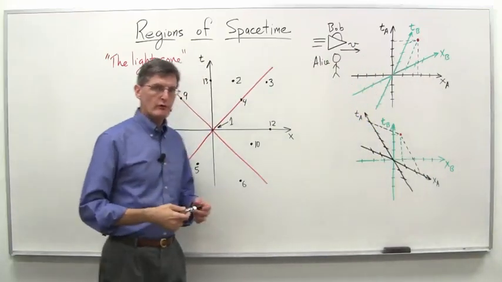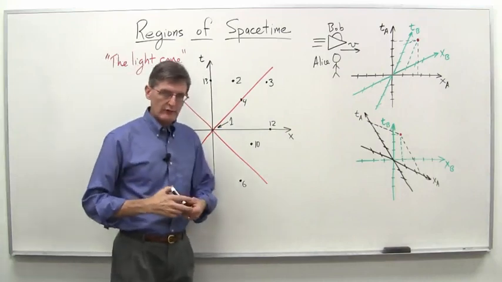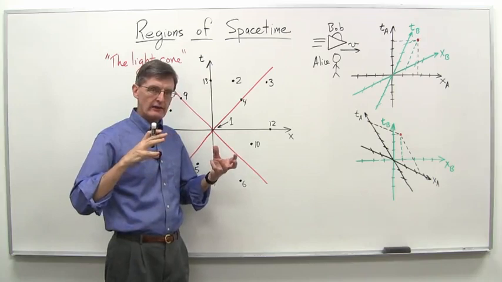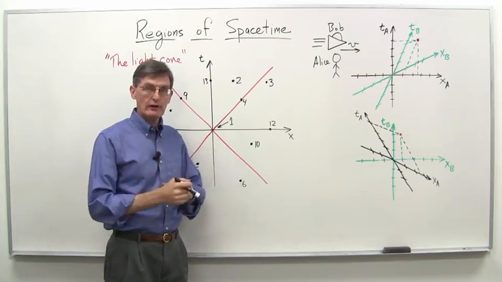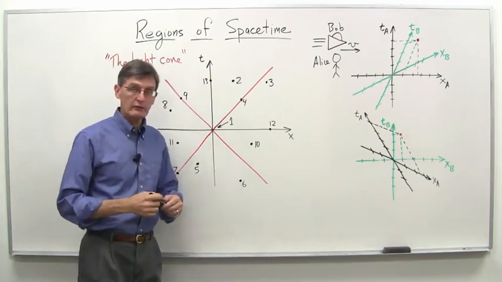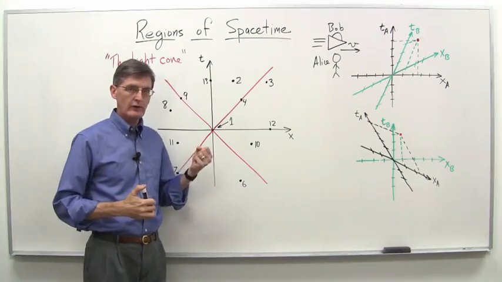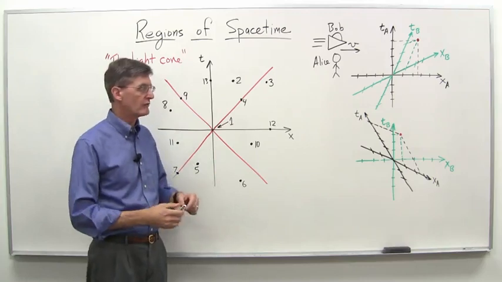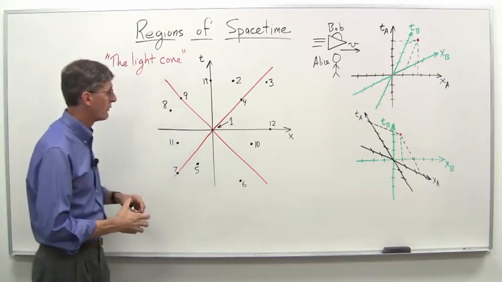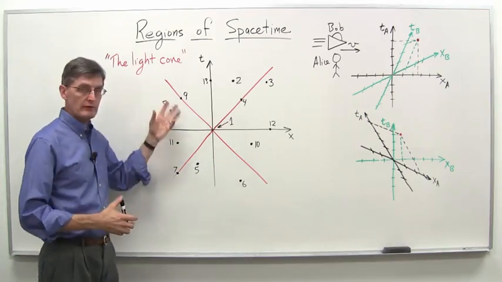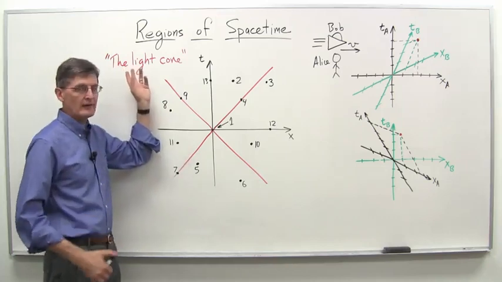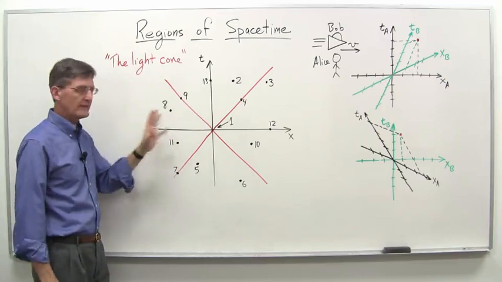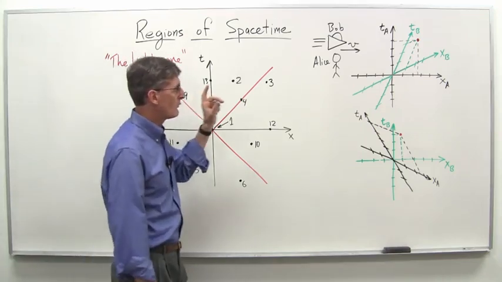We've been exploring space-time diagrams over the last number of video lectures and seeing how they can help us visualize and gain some insight into some of the key things about the special theory of relativity, such as time dilation, length contraction, the Lorentz transformation, and so on. In this video lecture, we want to consider this idea of regions of space-time and the so-called light cone. We'll get to that in a second, but before we do that, I want to go back to something